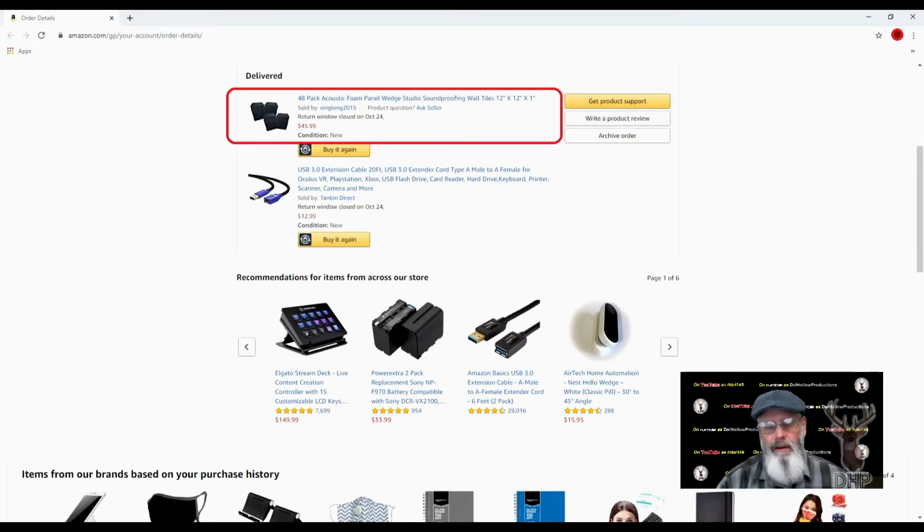This is the foam that I used. Now, when I bought these, it was because they were about the cheapest I could find on the internet and get delivered at a reasonable price. They're no longer available, and I had to go into Amazon's archives for my account to pull these up. Now, I don't know if they're no longer available because the seller moved on or they just were shipment or what the deal is, but it may be because of me, because I left a comment,